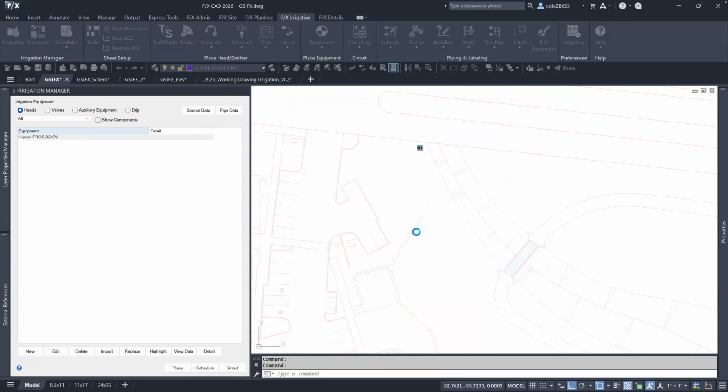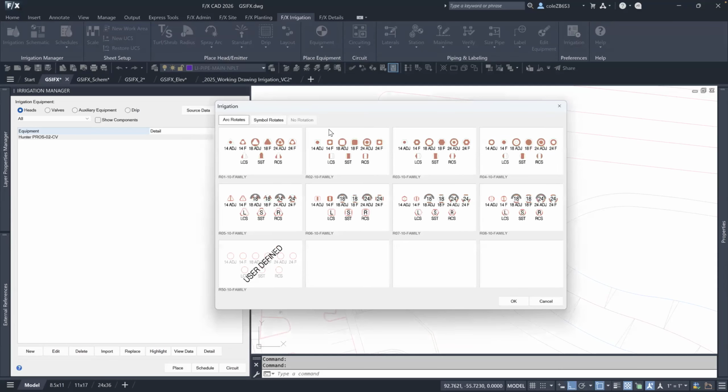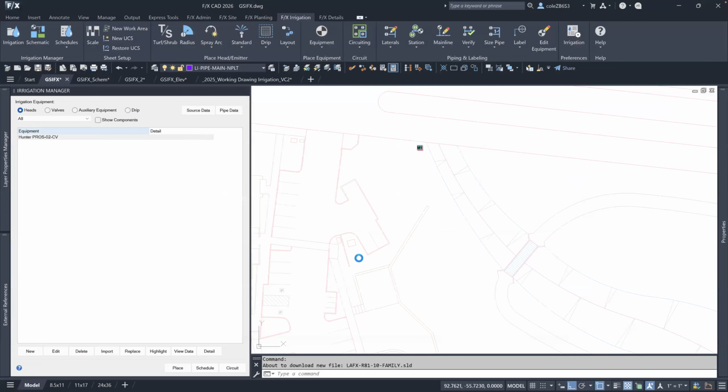Again, just adding these from the list, choosing your correct design pressure. And then something I wanted to mention was we do now have symbol rotate options for rotaries as well. So it's pretty handy here if you weren't aware of that already. So once we have heads added to our manager, we can add other things like valves and drip and things like that. But just for sake of time here, I'm not going to do that right now. So we can get into